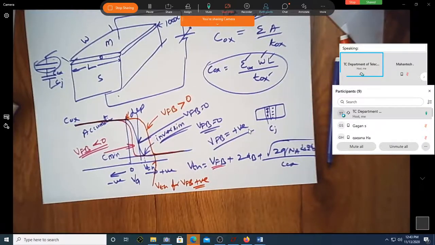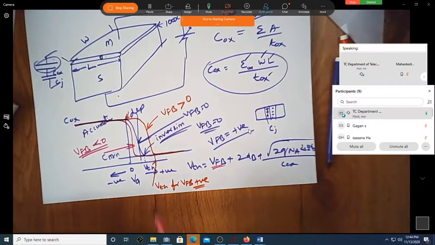So how can you make this VFB equal to 0, greater than 0 and less than 0? By changing the work function between metal and the semiconductor. Correct? Sir, does the slope remain the same in all the three cases? Slope is almost the same. We are not too worried about the slope. We are worried about when the inversion happens. Inversion will be shifted either from the previous VTO to a larger value or a lesser value.